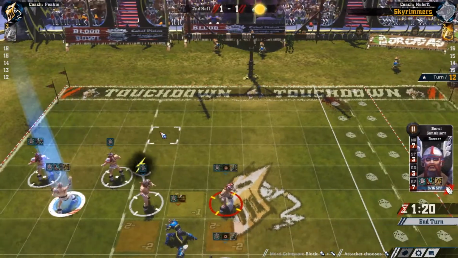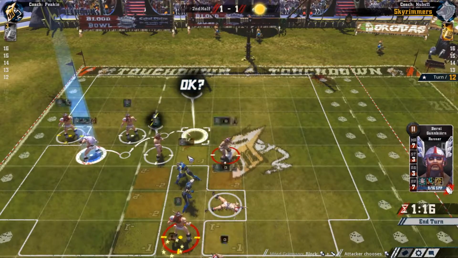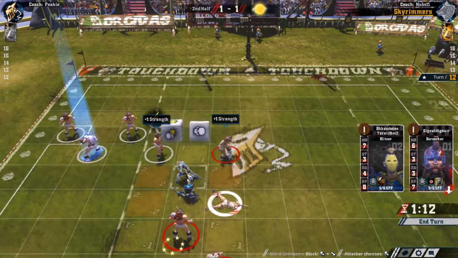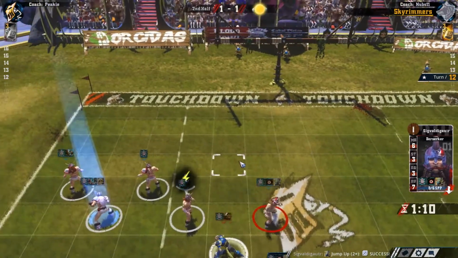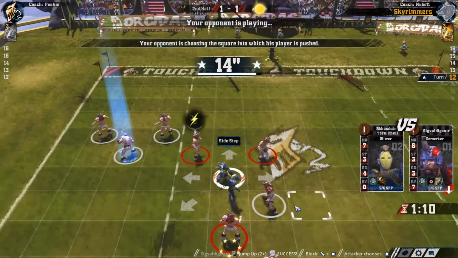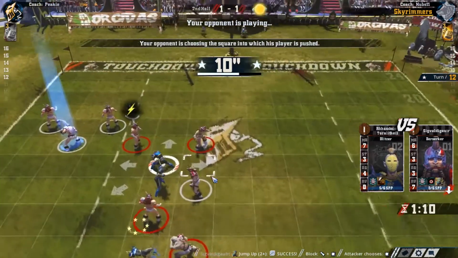And I can just screen... I can just put him here, and I think he won't be able to... Actually, I can make the jump up block on him. See what he does. See where he puts him. The blitz is the annoying one to get rid of, so...